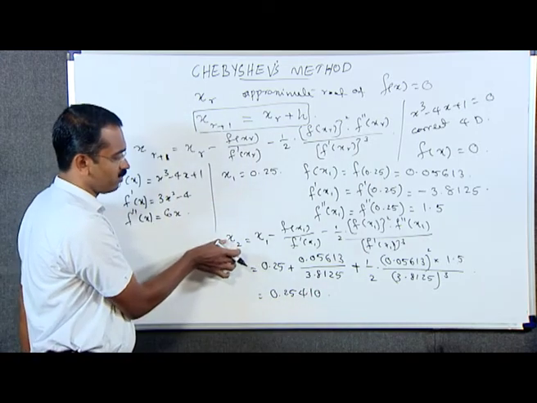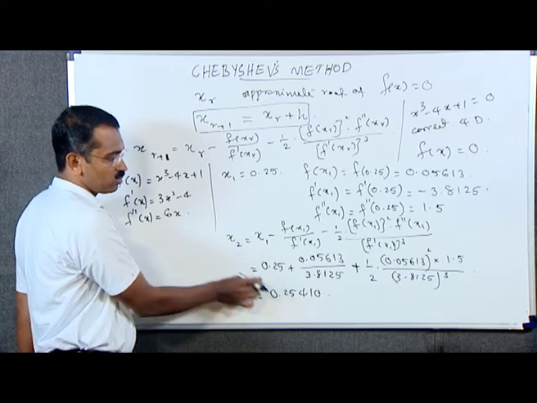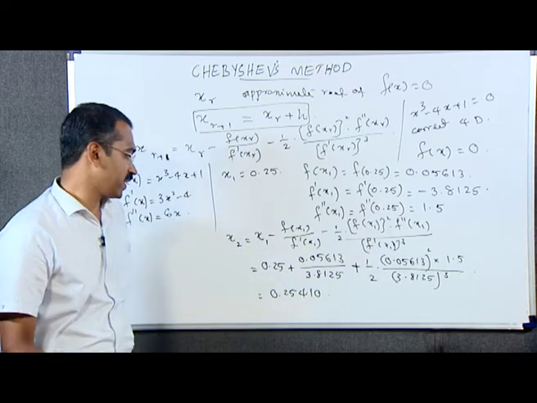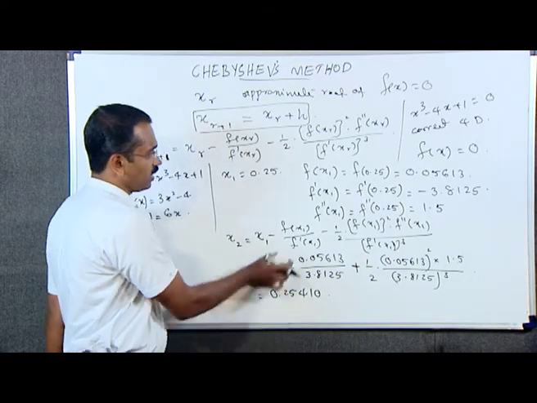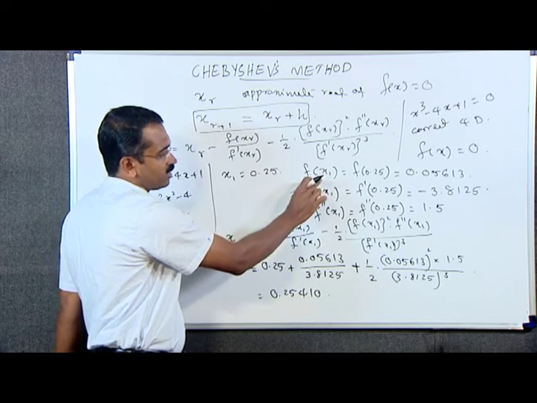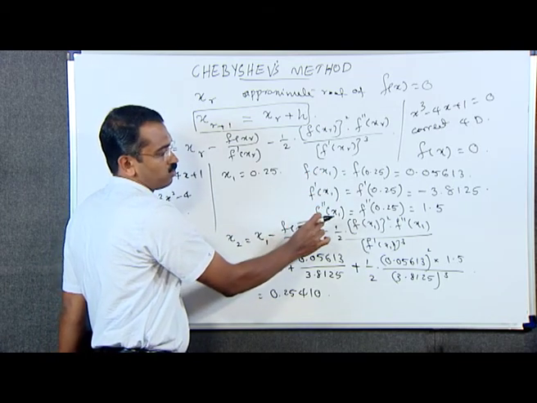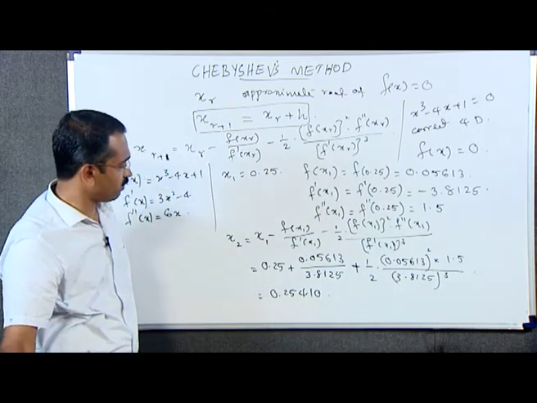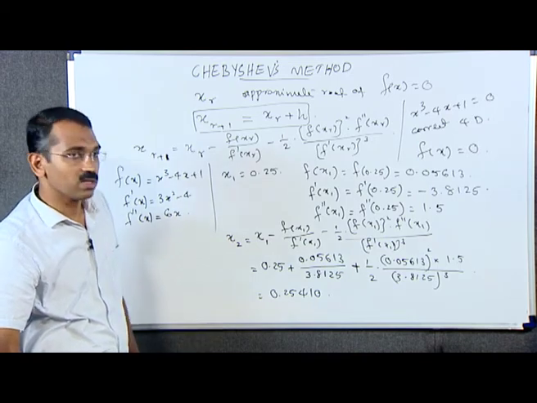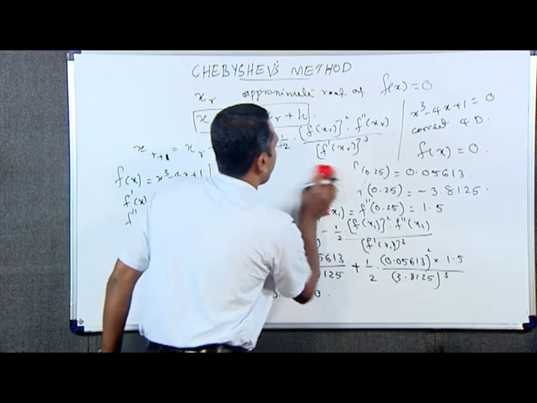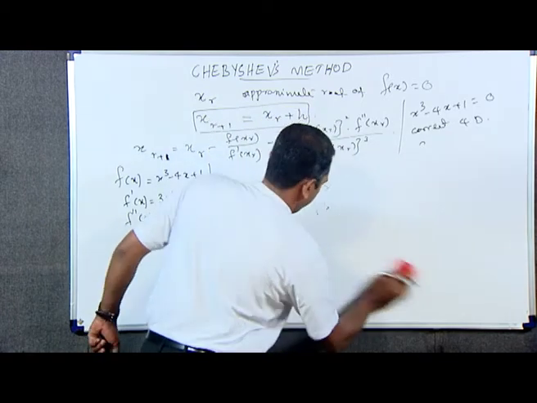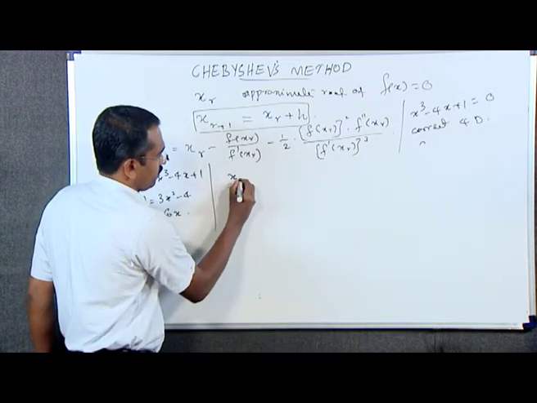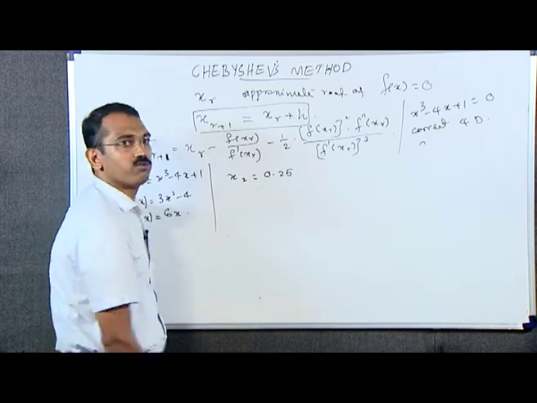Therefore, the second approximation is x2 is equal to 0.25410. Now, taking x2 is equal to this value, we evaluate f of x2, f dash of x2 and f double dash of x2 and substitute in this formula, then we will obtain the better approximation x3, that is, we take x2 as 0.25410,